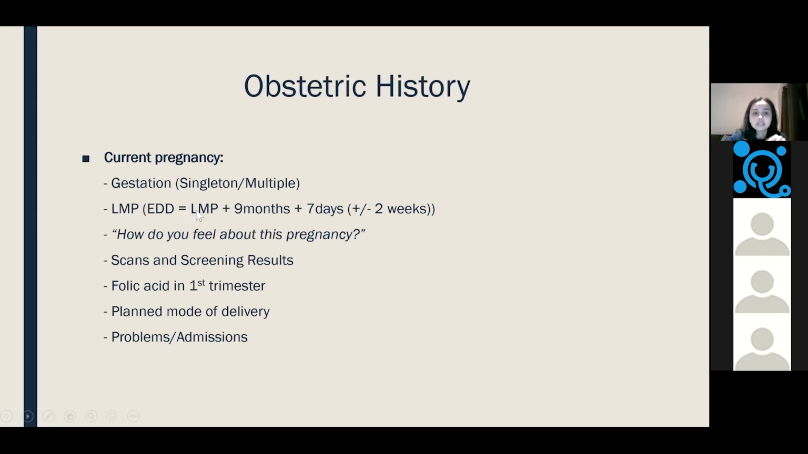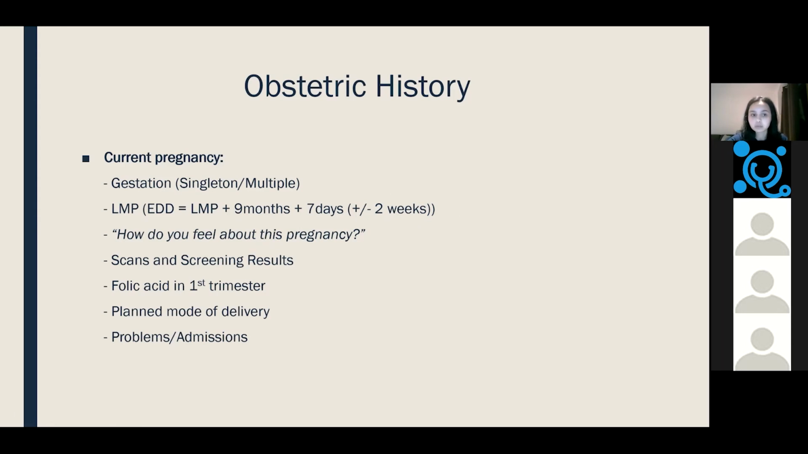So EDD is last menstrual period plus 9 months and plus 7 days. So that's how you calculate their expected delivery date. And they usually deliver in about plus or minus 2 weeks, and that's normal. And you make sure to ask them,